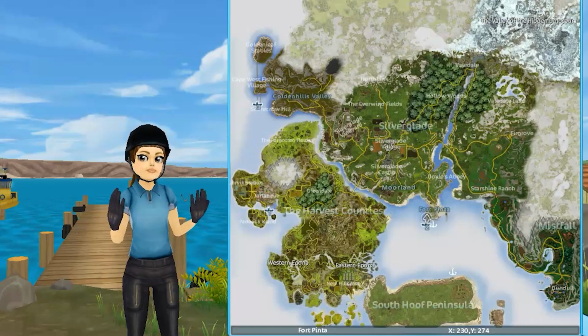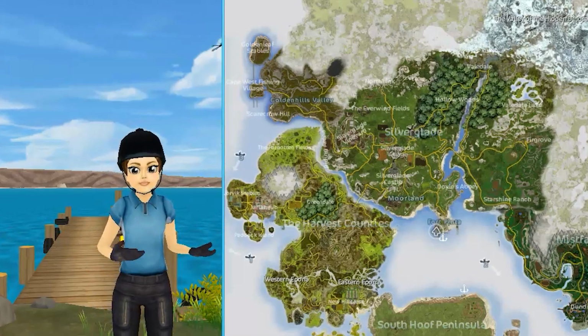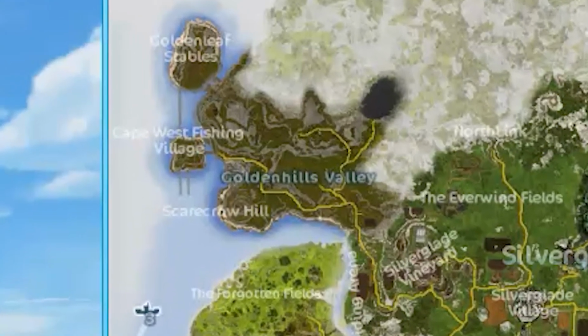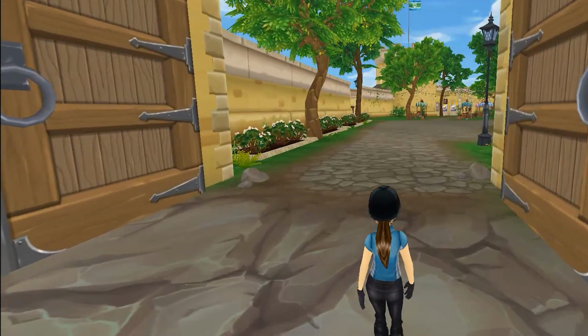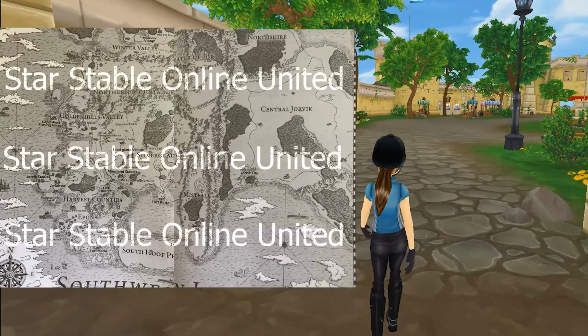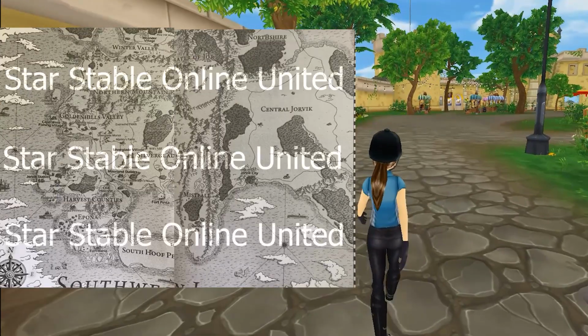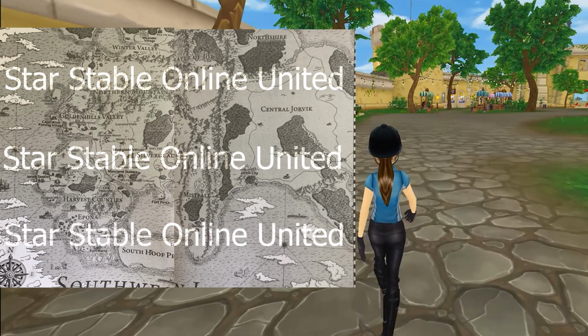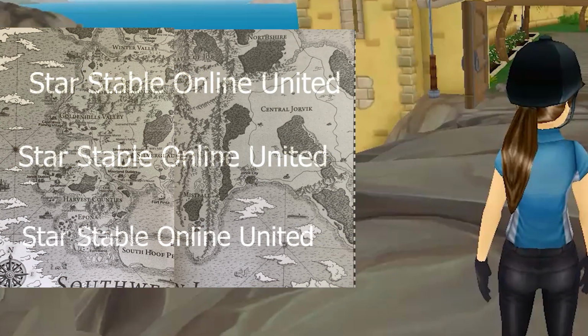Now, we all know the castle in Golden Hills Valley may be unlocked in August, as Starstable has hinted to this multiple times before with the release of new horses there and everything like that. Starstable has also recently released a map of all of Jorvik, and this hints at big places to come in the future, such as Central Jorvik, Northshire, and if we take an even closer look at the map, we could